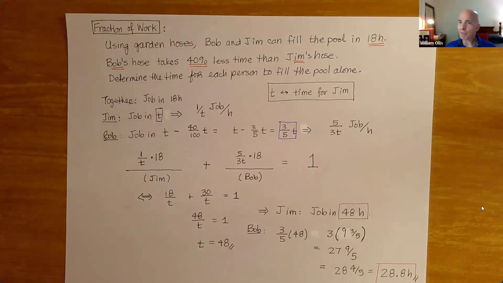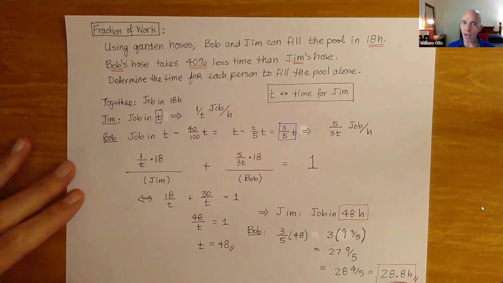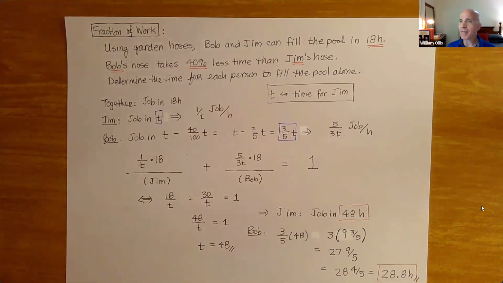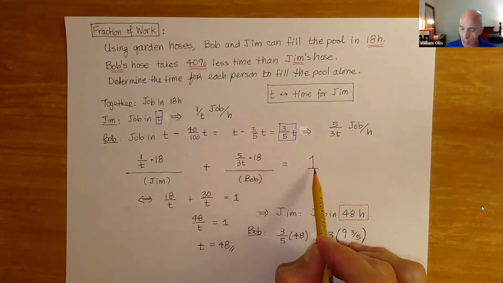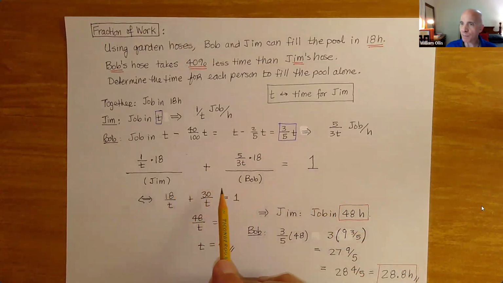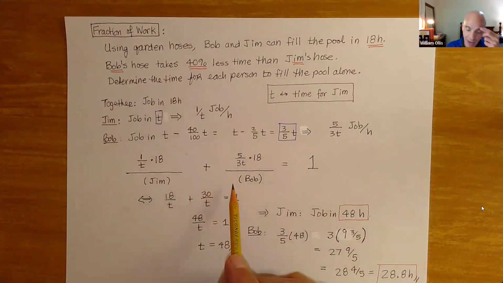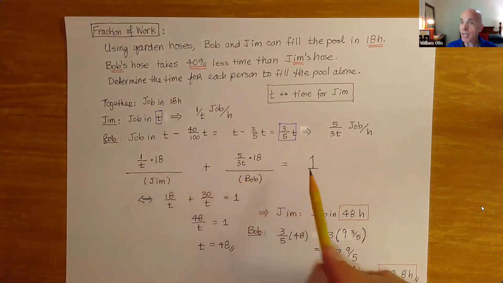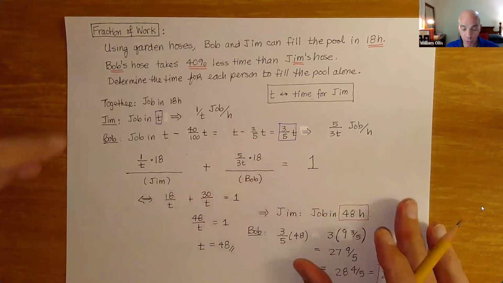Simpler problems have less stuff in the story, okay? And the more stuff you have, the more logic you have to do. So I think this is a good example because it utilizes basic constructs to create a fraction of work problem. So just remember, the whole job is 100%. We want to know what fraction each of the entities contributes. And once we have that, we can actually have an equation in terms of the time where we've described that